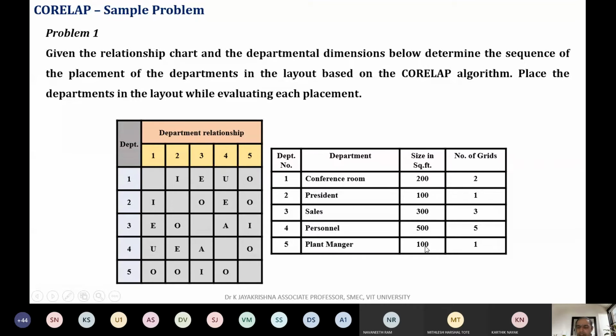Imagine if I'm selecting 50 as the one grid size is equal to 50 square feet, then I will end up making a very big grid or very big layout. So to do calculations is a bit confusing. So always divide by the department with the least area and get the grid size. I hope I'm clear to you now.